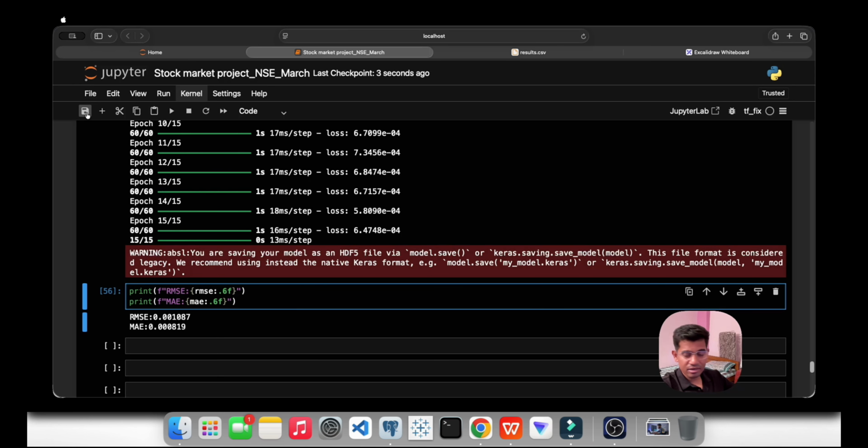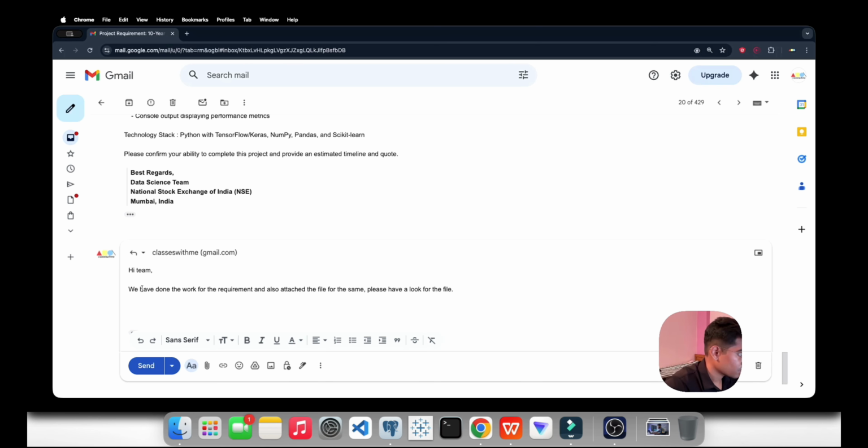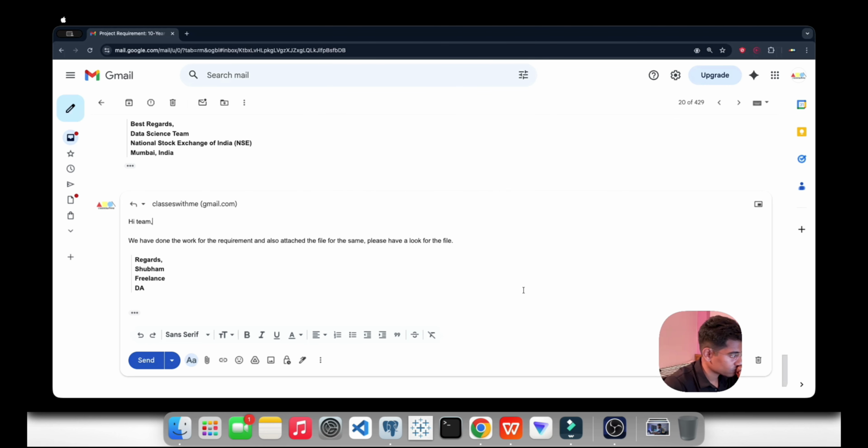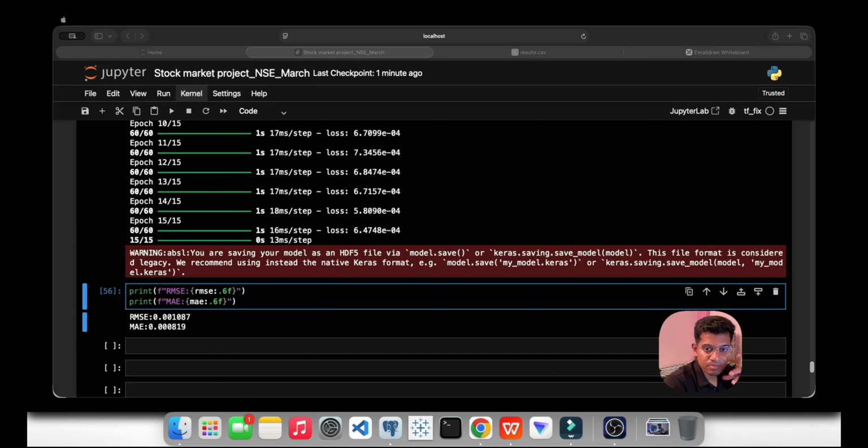Please have a look at the file. ठीक है, let me write the regards and let me just copy it here. Let me just paste it and we have to just take care of this as well. Should I directly paste it from here? Let me paste it directly from here. ठीक है,